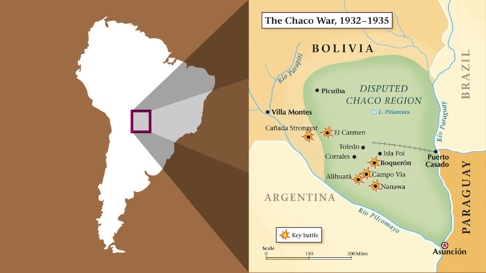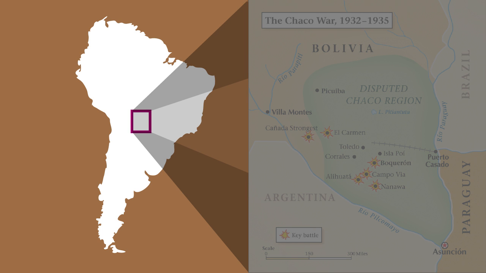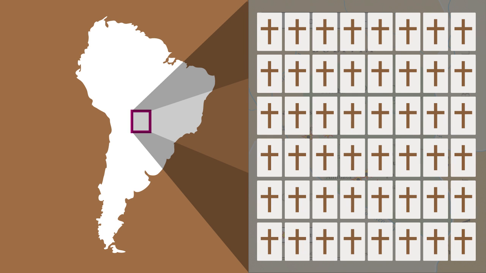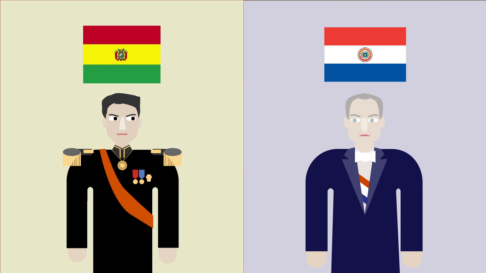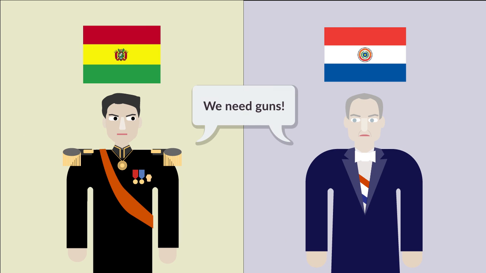border war over an arid scrubland region called the Chaco Boreal. The conflict, known as the Chaco War, claimed more than 100,000 lives over the course of 3 years. Both Bolivia and Paraguay had to import all the guns and ammunition used in the war because they didn't have